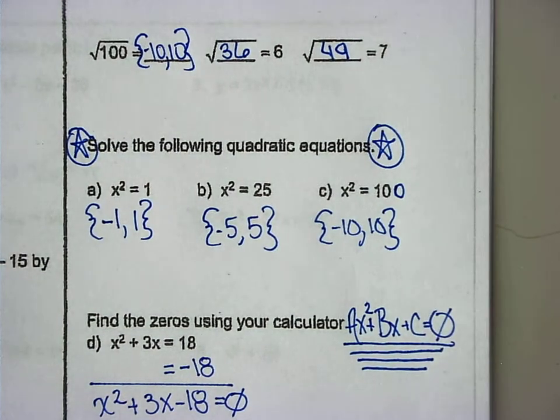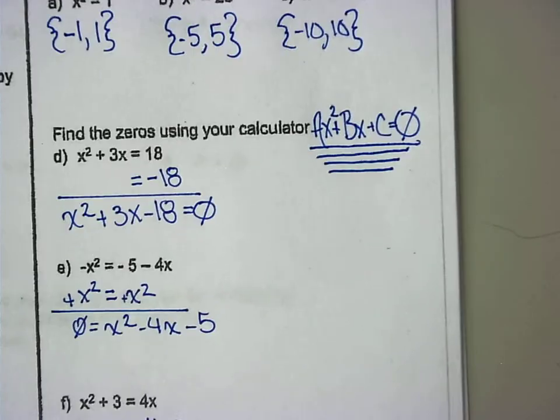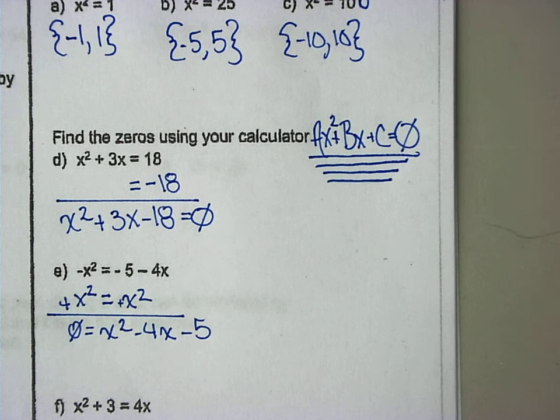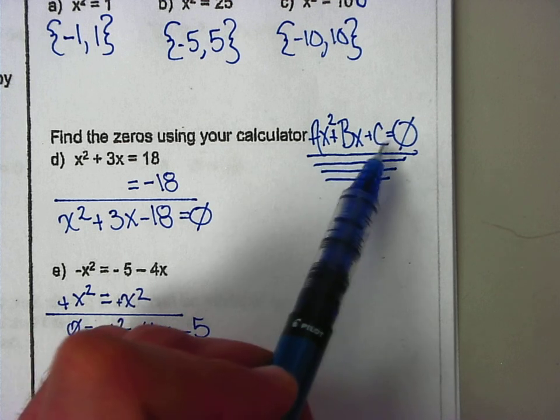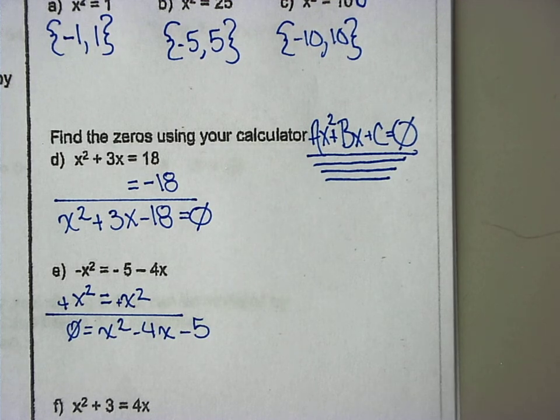Now finally, we're going to go back to using our calculator. Remember, in order to use the calculator function menu 3, 3, 1, OK, you have to have your equations in standard form. That means all your equations have to be equal to 0 or maybe equal to y. But they can't